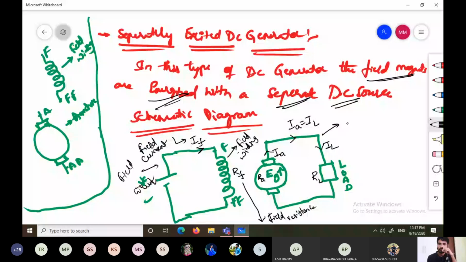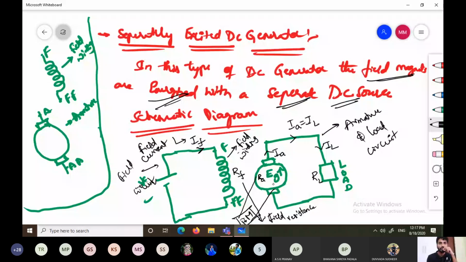So in the armature and load circuit, with the help of this flux, what happens in this generator? Usually the armature is rotated with the help of a prime mover. A prime mover means a driving engine, which gives mechanical energy to the rotor of a DC generator. Rotor is nothing but armature. So if the rotor has mechanical energy, the armature is able to rotate.